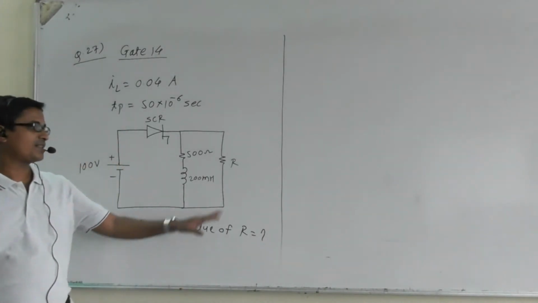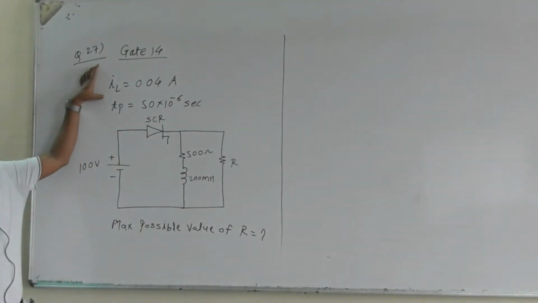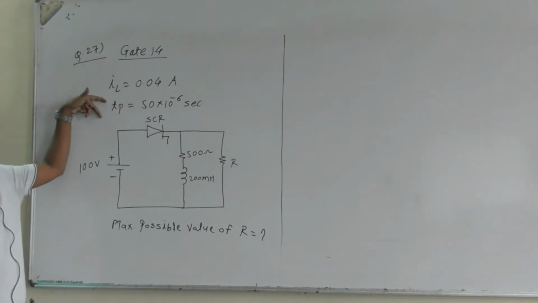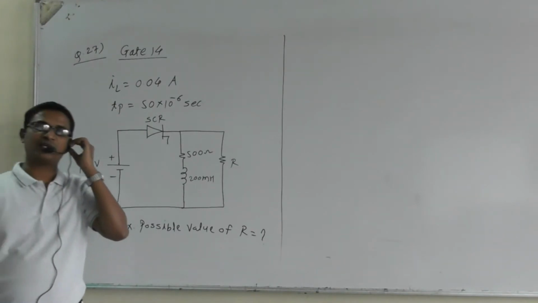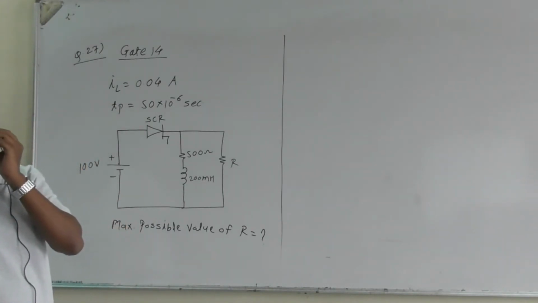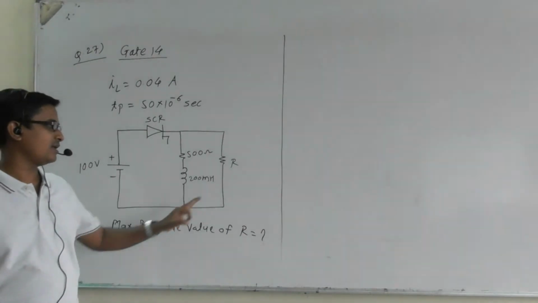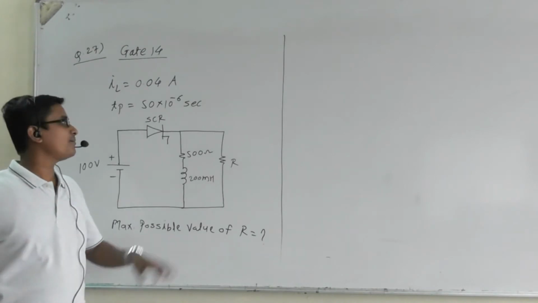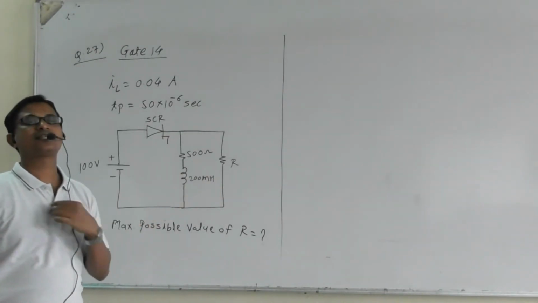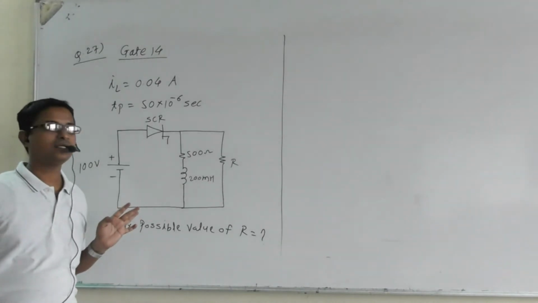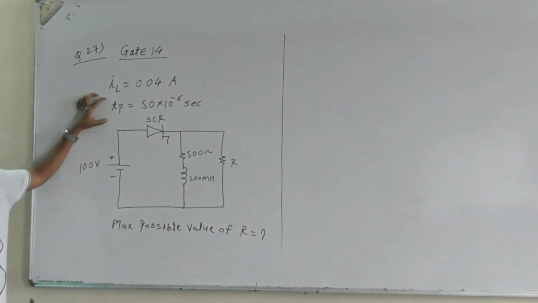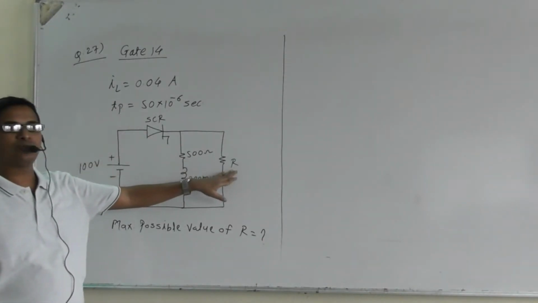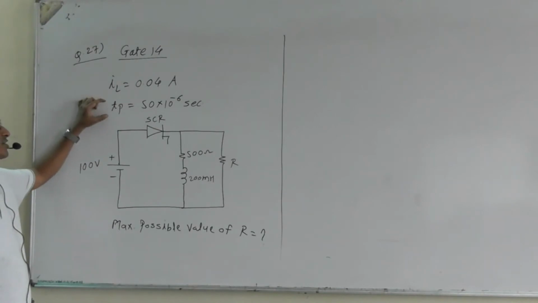So here we need to find the R, right? It is given that the latching current is 0.04 ampere and the TP is given, okay. Basically related with the latching current we have already discussed the numericals, but in those cases we have calculated the TP value, right? And generally they gave the value of resistor, but now they have given the TP value and now they have asked the resistor value, okay. So corresponding to TP, we need to put the value of R here, such that corresponding to this time,